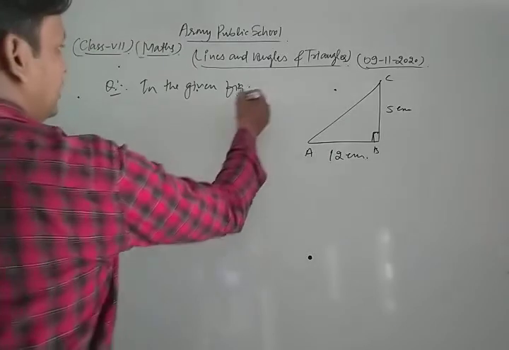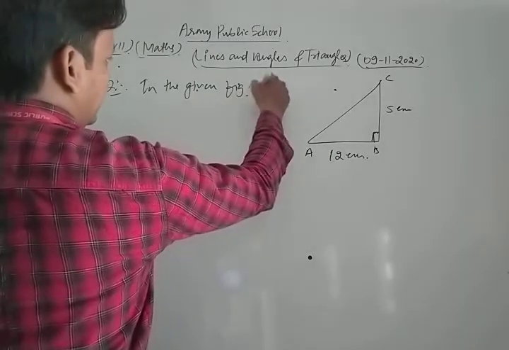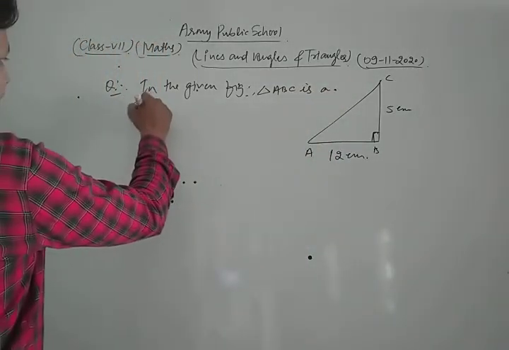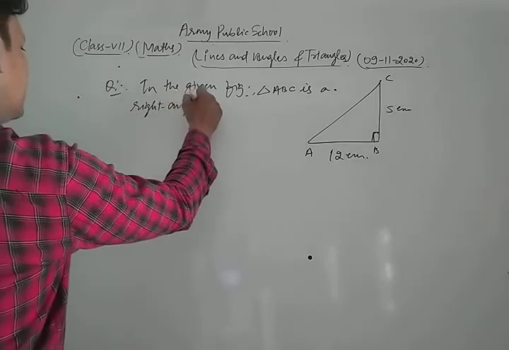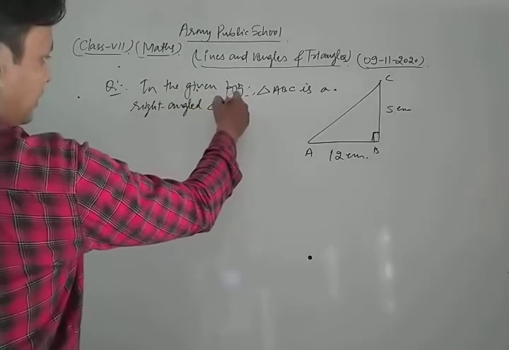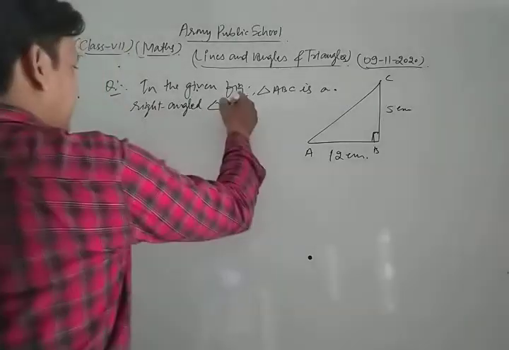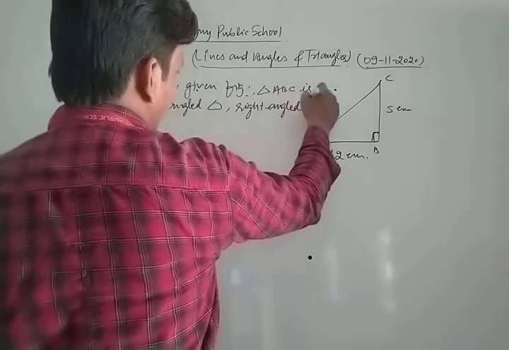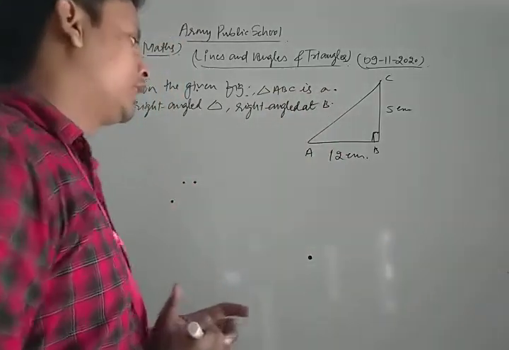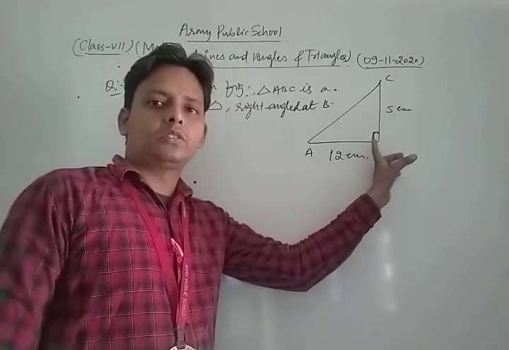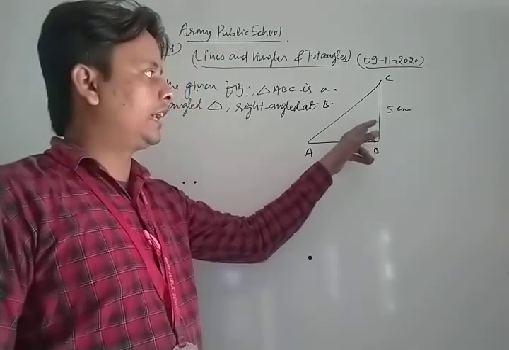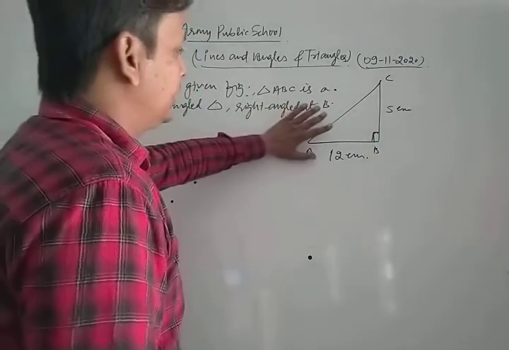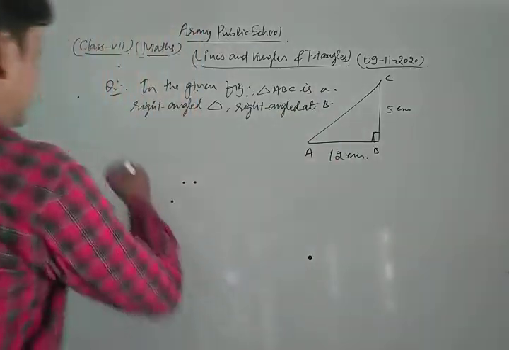In the given figure, triangle ABC is a right angled triangle, right angled at B. Right angle at B means that the angle B is equal to 90 degree. Now in the given figure, ABC is a right angle triangle, right angle at B, in which